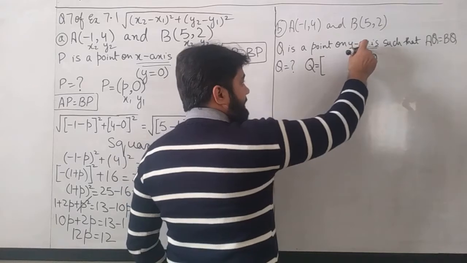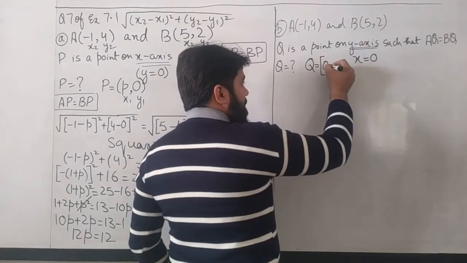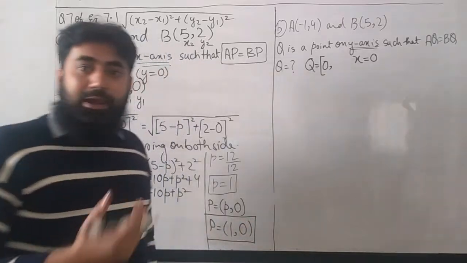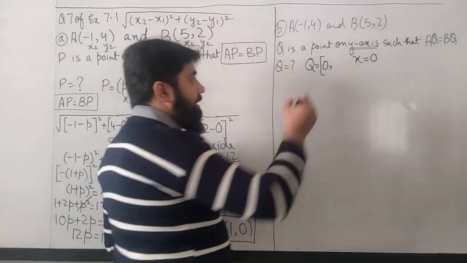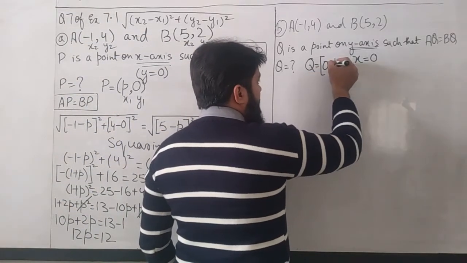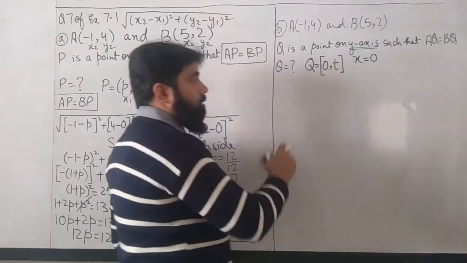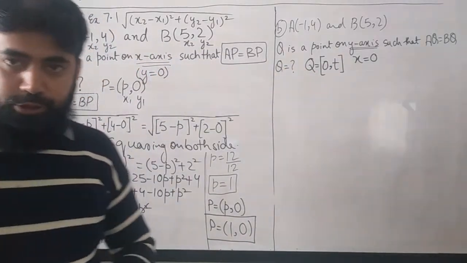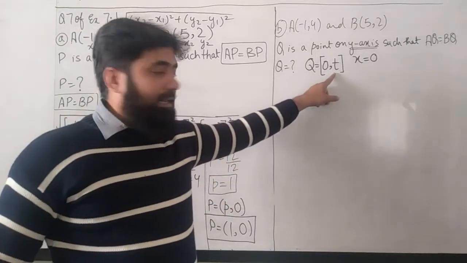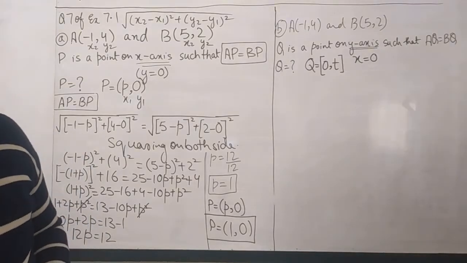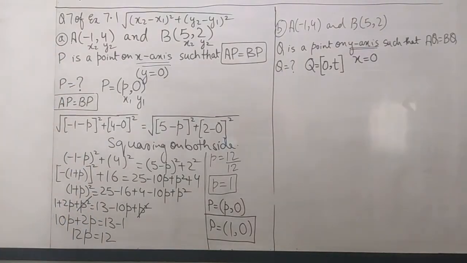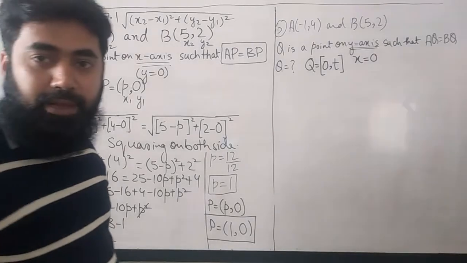now over here it is on the y-axis, so x will be taken as 0, and for y, I have to find the value of y, which is not given, so I am going to take any alphabet. So I am taking a t over here. Okay, so 0, t, and I have to find the value of Q, capital Q. So first of all, I will find the value of t. When I have that, I will plot it over here, and then I will have the whole coordinate of Q, which is needed. And as it is given that Q is a point on the y-axis, I am going to use that to solve my answer.